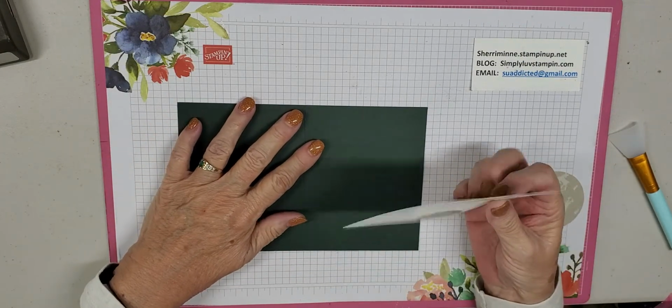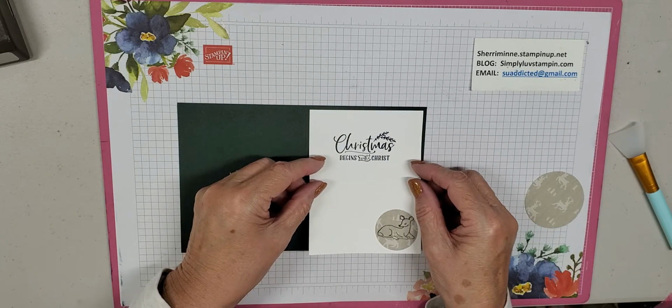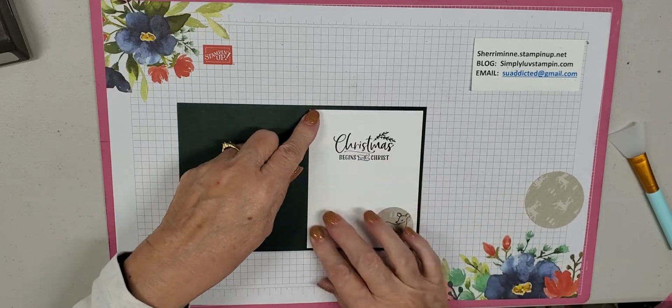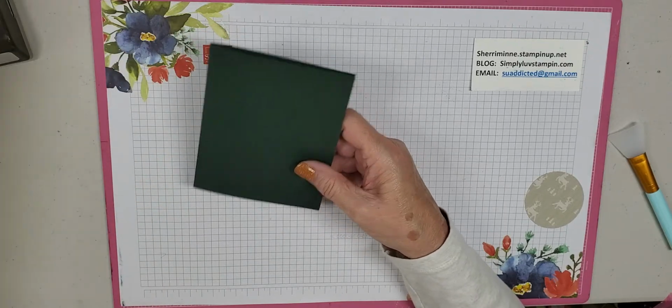You have a little bigger border. You have your normal 1/4 of an inch on this particular layer, so you don't have to be quite as careful putting it down. Okay, so there's the inside. Now we can go back to working on our front piece,